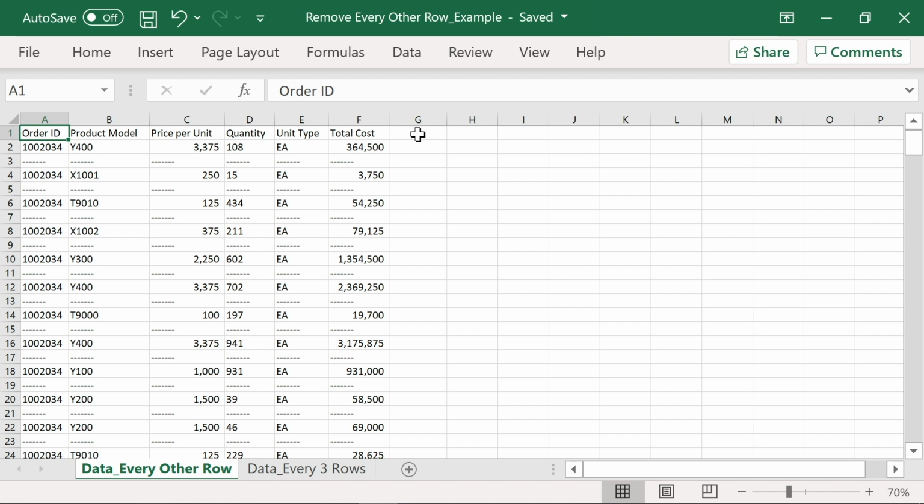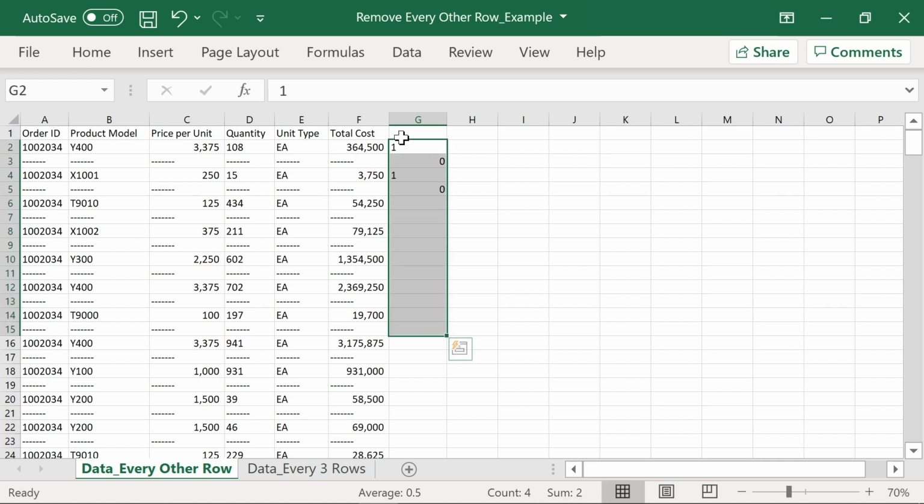A lot of tutorials will tell you to do something like write a 1, a 0, 1, 0, alternating all the way down your spreadsheet, put a filter on this, filter to zeros, and then delete those rows. That method works, but we can do it in an even faster way and take out at least one of those steps. In this example, let's assume we've imported some data, and the data is pretty good, but every other